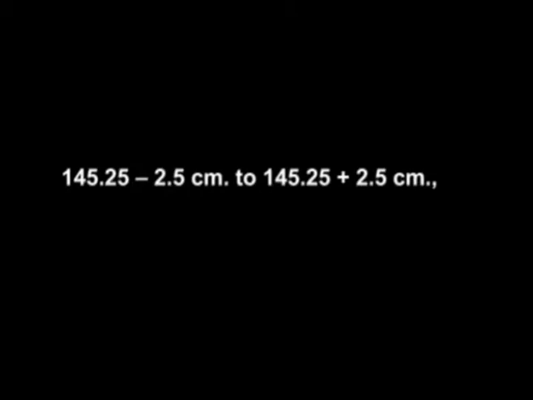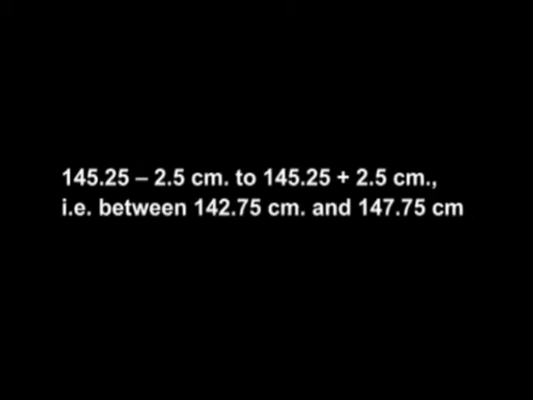This means that if the data follow a normal distribution, then 68.26% of the values of the variables, here it is height of all the individuals, will fall within the range 145.25 minus 2.5 centimeter to 145.25 plus 2.5 centimeter. That is, if you calculate these two values, we will get the range between 142.75 centimeter and